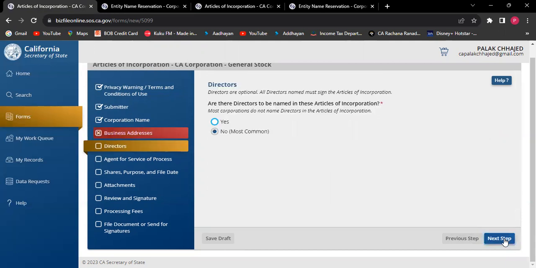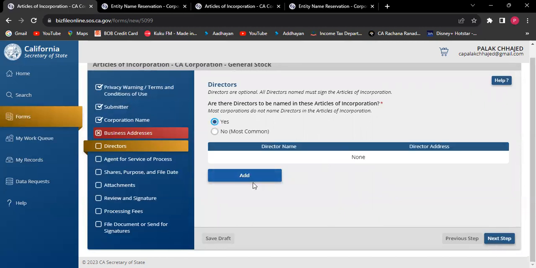The next step is directors. Directors are optional. All the directors named must sign the article of incorporation. In my case, Rishi will be the director, so I can put yes here, choose him as a director, and write the name over here. Then the next step